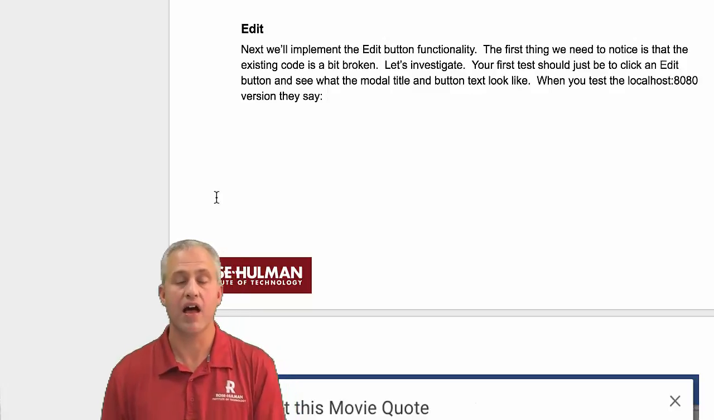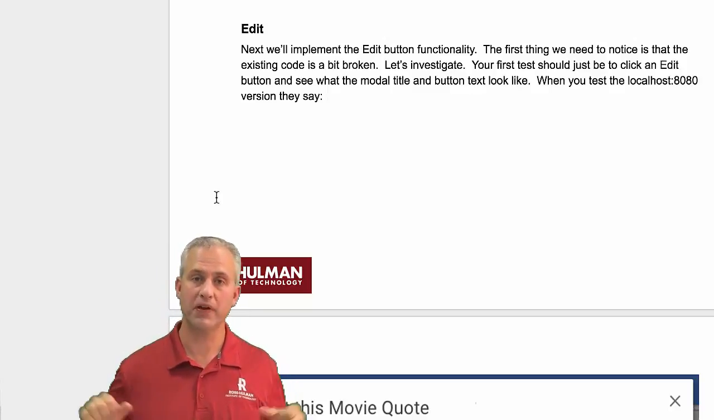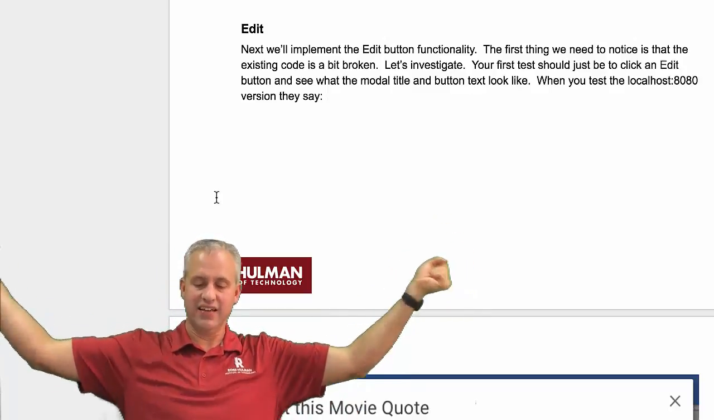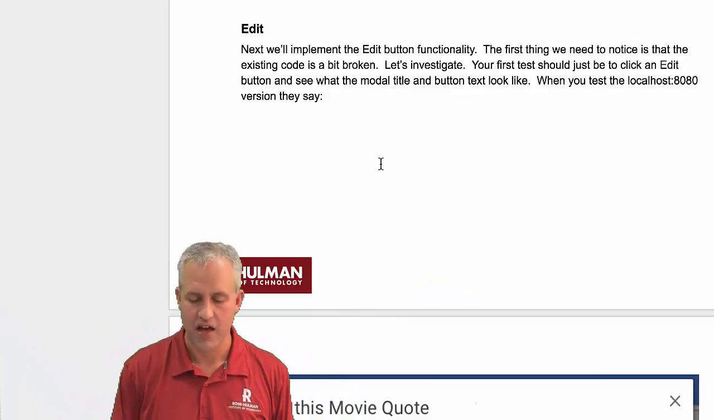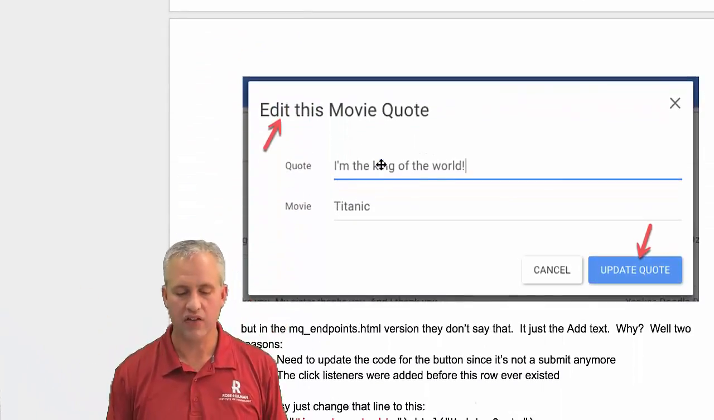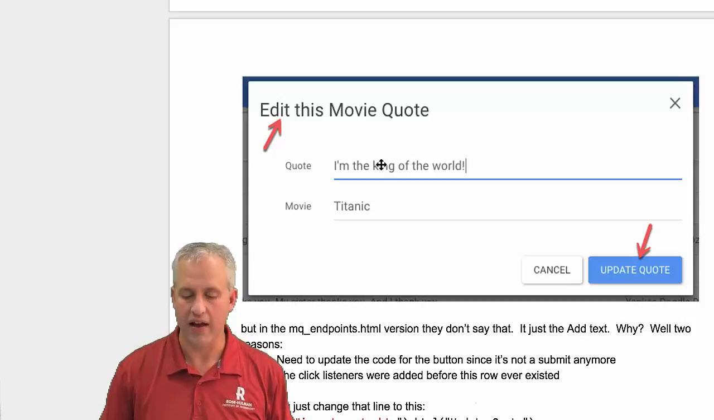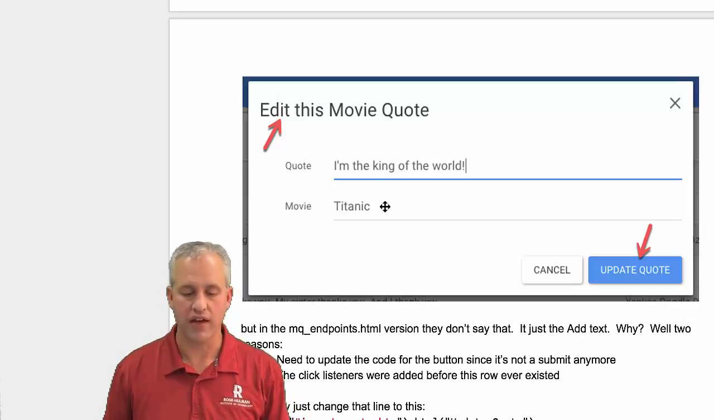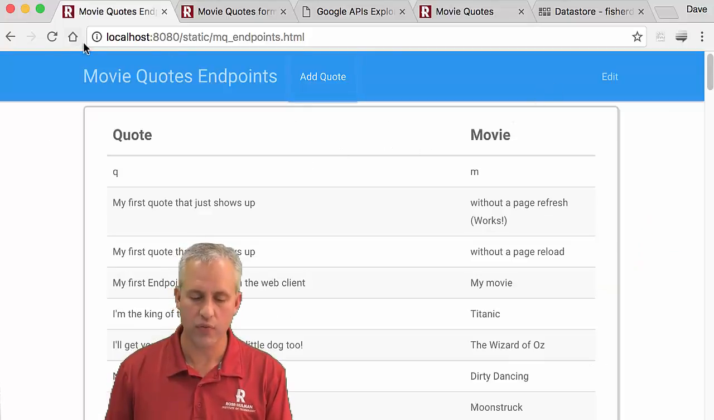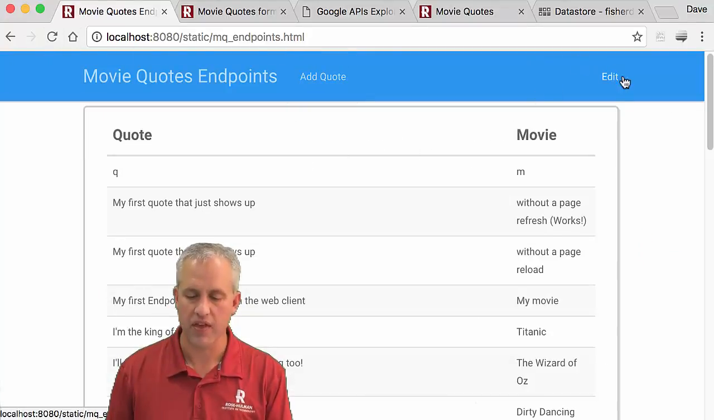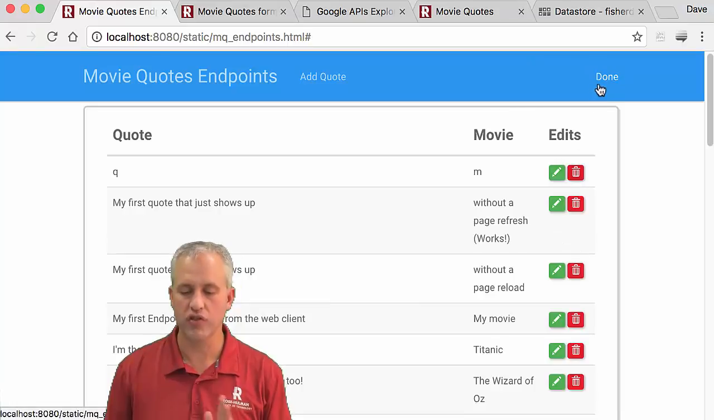All right, welcome back. So it's time to work on the last two pieces, the edit and delete, making good progress. So let's go ahead and get started and just kind of see where we're at. So the first thing is let's go ahead and hit our edit buttons. So if we make sure our page is up to date here, if we hit edit, it shows them, and